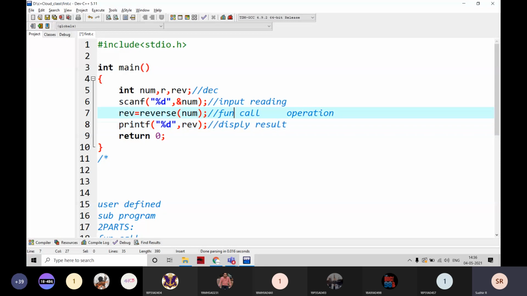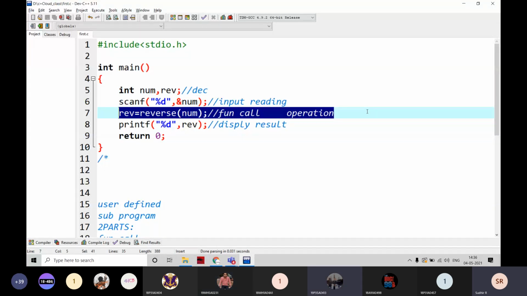Okay, here we have to observe something about the function call. What do we have to observe from the function call here? Students, what do we have to observe? The name of the function is? Reverse, sir. How many arguments am I passing? One argument, and the data type of that argument is? Integer, sir. Is there a return type here?